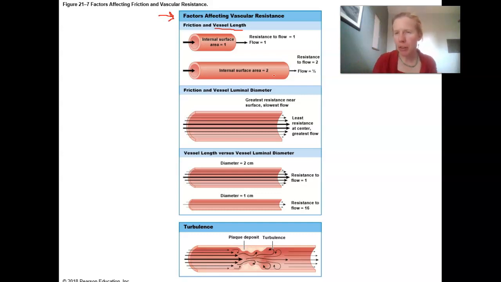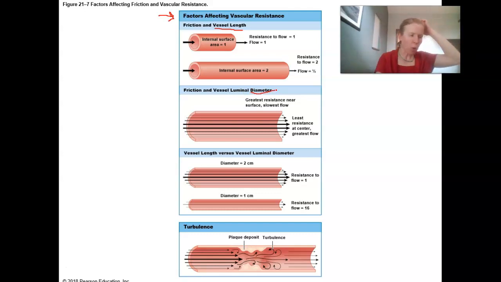Now, this doesn't really matter to us that much because you can't change the length of your blood vessels. They've probably lengthened as you've grown, and so there might be changes to vascular resistance there, but then it doesn't change. But it does get interesting when we look at this next factor, which is the diameter of the